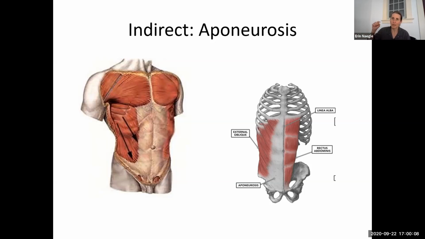Instead of just plugging into one spot on a bone, now we've kind of got to spread that out over a larger area. And the classic one is called your linea alba, or the white line of the abdominal muscles. So you actually have several abdominal muscles, but on the very top, if we just took off your skin, right underneath that, what we would see is the linea alba, which is this,